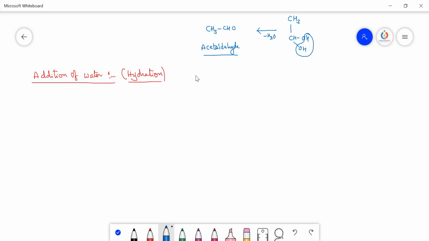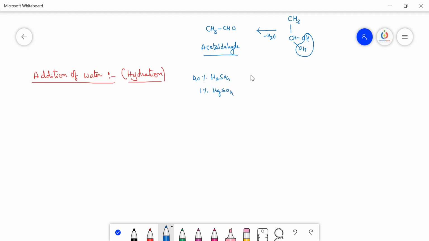So that is the reason why we need the help of certain catalysts like sulfuric acid and mercuric sulfate. So in the hydration of alkynes, we use 40% sulfuric acid, and here we use 1% of